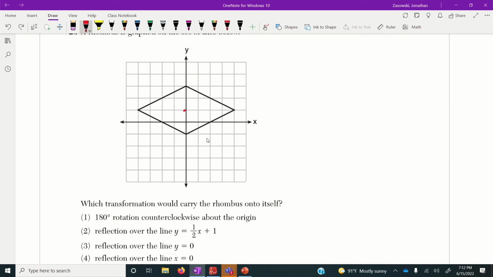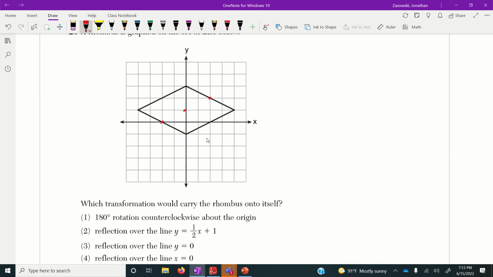All right? If we reflect over the line y equals 1/2 x plus 1. Now, 1/2 x plus 1 is here. It goes up 1 and over 2 to the right, down 1 over 2 to the left. That's this guy right here. Now, the question is, when we reflect over this line, is this going to match up onto itself? We fold over that line. Okay? So maybe, let's take a look at the line